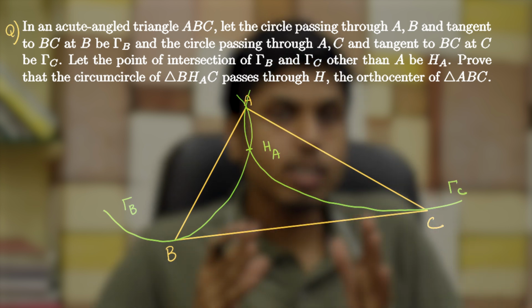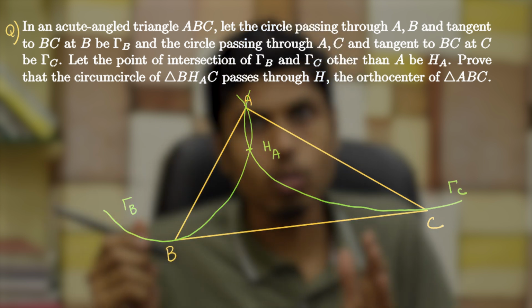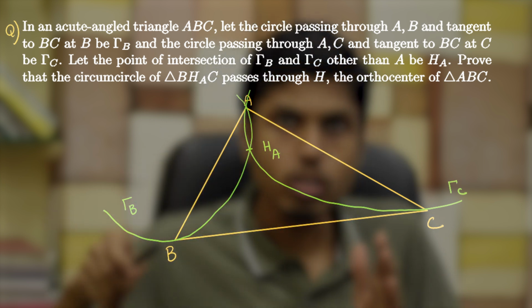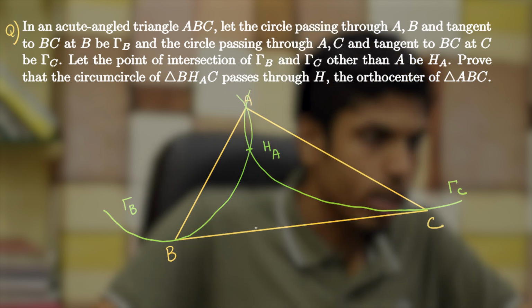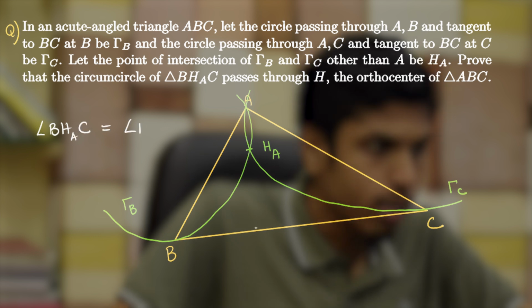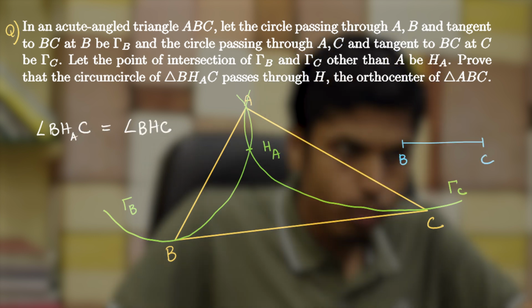That is, if the angle subtended by the line segment BC on the points HA and H are the same, then it turns out that all these 4 points are concyclic. So what I'm trying to prove is that angle BHAC equals angle BHC, because this implies that if you consider